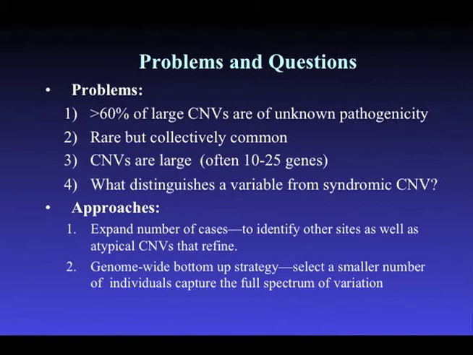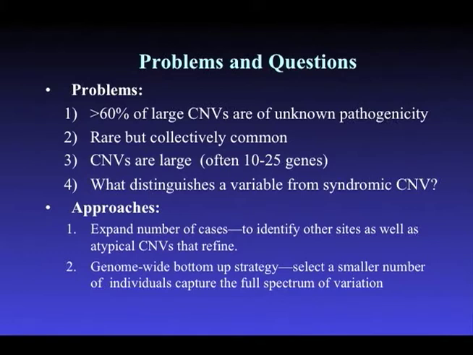But the problem with the rest of the genome, because it doesn't have this architecture of recurrence, there's no mechanism to mediate a recurrent deletion or duplication, is that most of the large CNVs that you would see in the clinic are going to be one-offs. You see them once, but you just don't see them again in 2,000 patients, because they occur so infrequently. But they're collectively quite common. So how can we solve these problems? Basically, how do we get to the genes, and how do we prove the rest of these CNVs, the ones not in hotspot regions, are pathogenic?